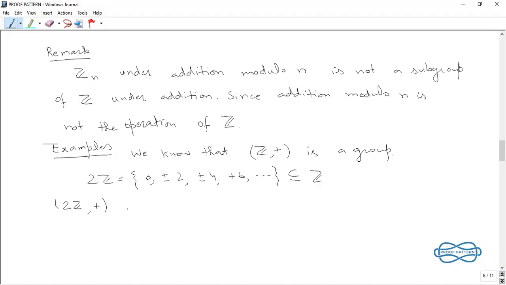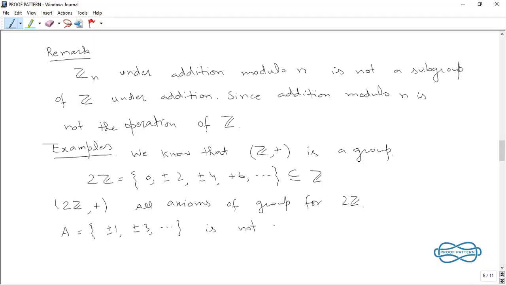It is easy to verify all axioms of a group for 2Z. Okay, but if we consider another set, say A, which is the set of all odd integers,